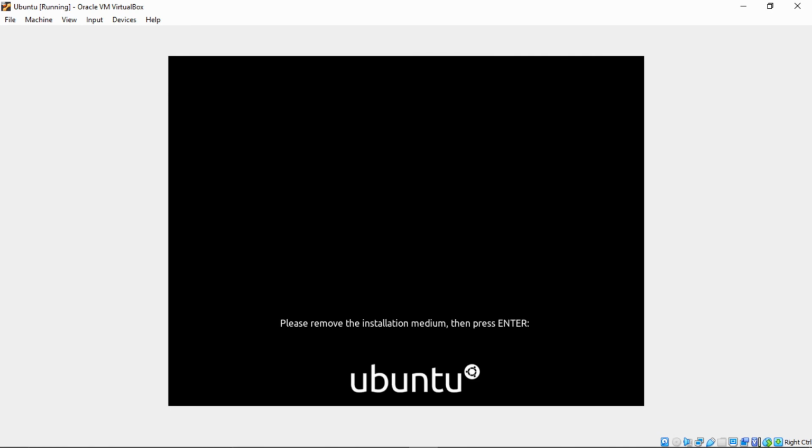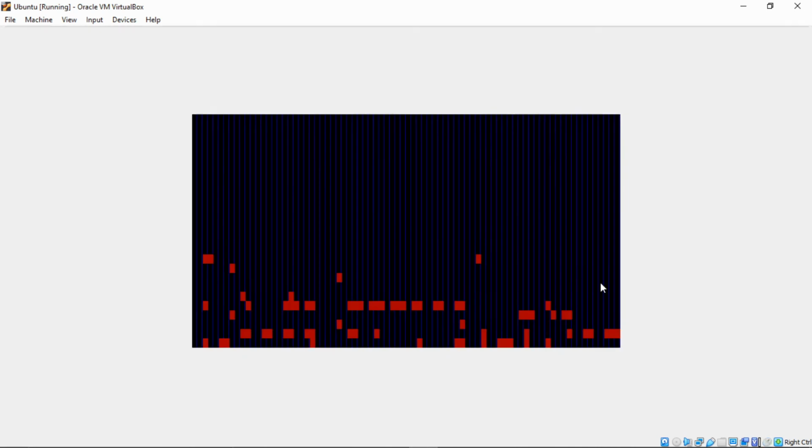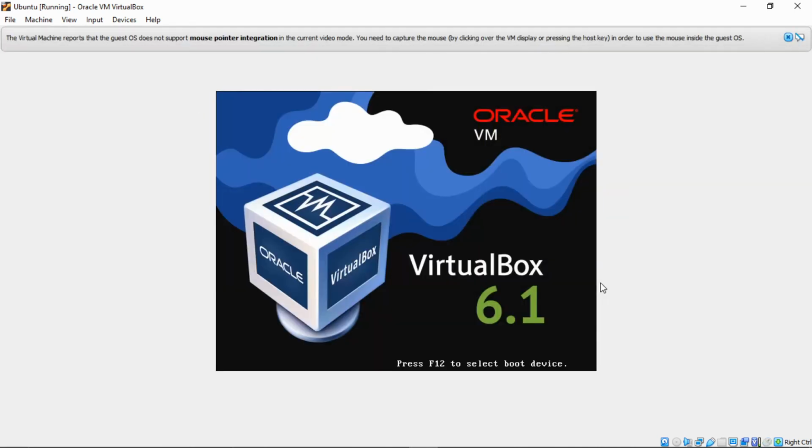So it asks, please remove the installation medium, then press enter. So it automatically removed the installation medium for us, that is the ISO file. So we'll just press enter, and it is getting restarted.